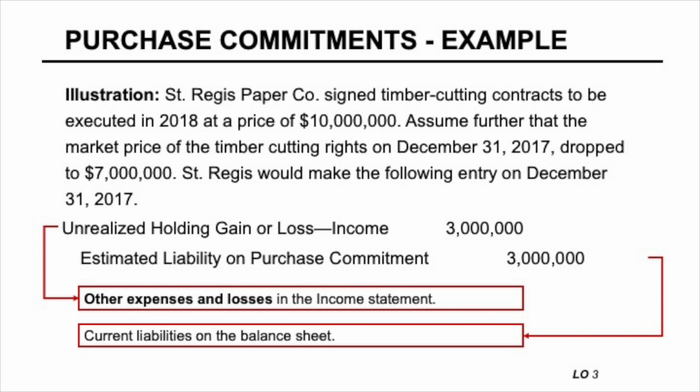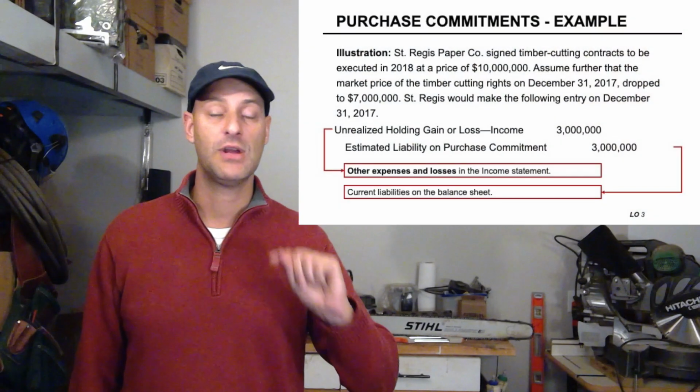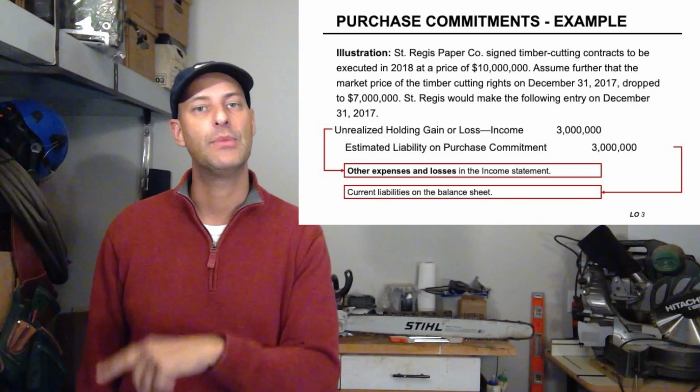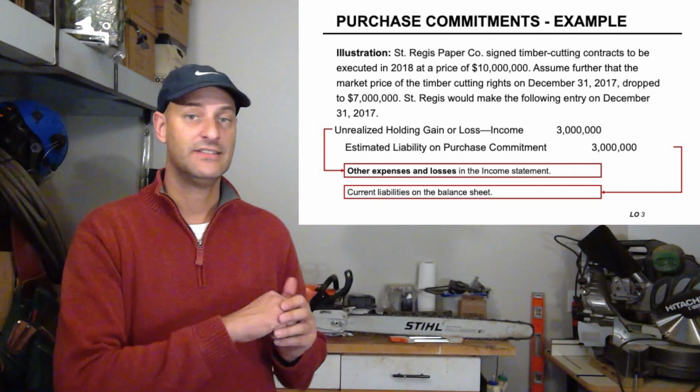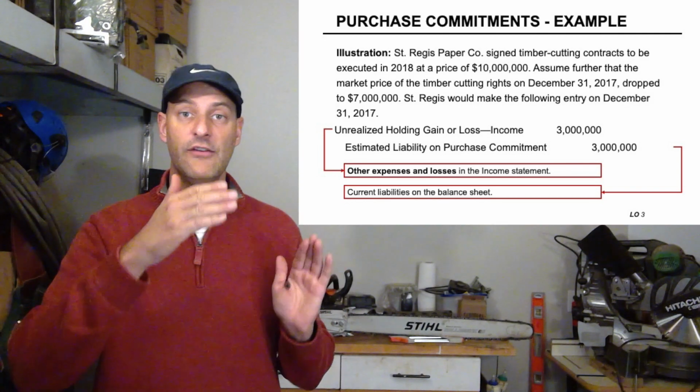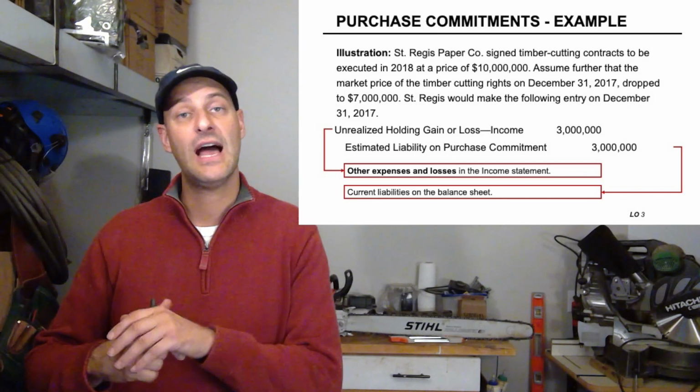Now, let's assume that the market price of the timber cutting rights at the end of 17 has dropped to $7 million. There is a drop. The market value is now less than the purchase price of the purchase contract. What entry do they need to make? Well, at the time of the drop, they need to recognize a loss and a liability. So they have a loss, a debit of $3 million, and they have a liability they set up